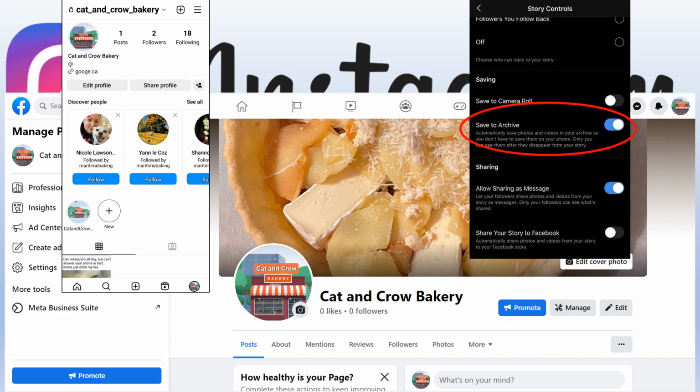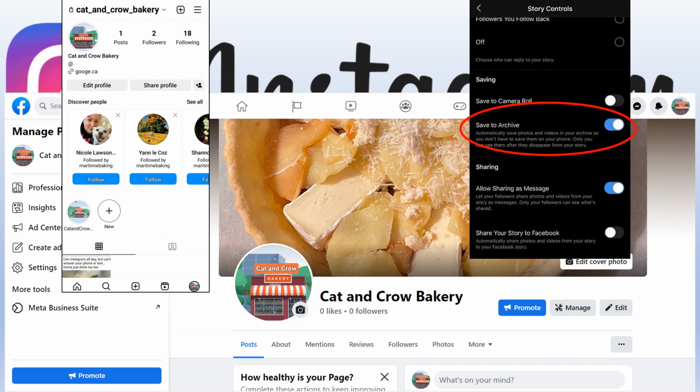So, first look. I own an Android, so on the left is what my Instagram homepage for Cat and Crow Bakery looks like after I signed up. Before I installed Instagram on my phone, I conducted a lot of research about what I was going to do. For example, I used variations of search terms like how to advertise on Instagram and what is the best way to use Instagram for small businesses.